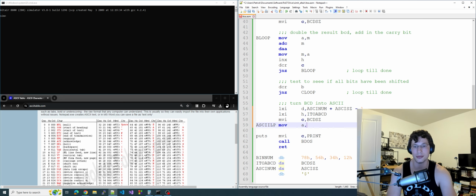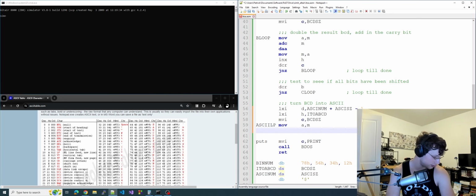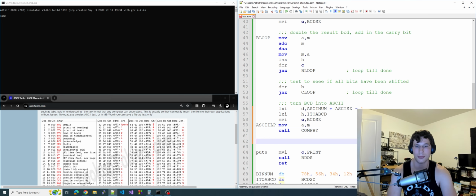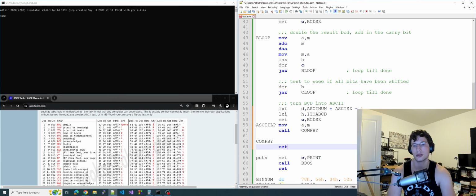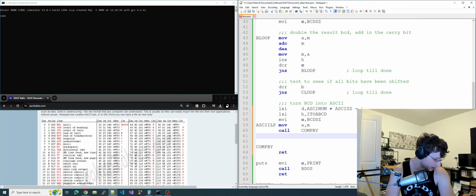Move M to A. Right, move the contents of where HL is pointing to the accumulator. Call comp byte, and comp byte is down here. I'll compare bytes. You'll see what I mean. Once I compare the byte, I'll move the contents of